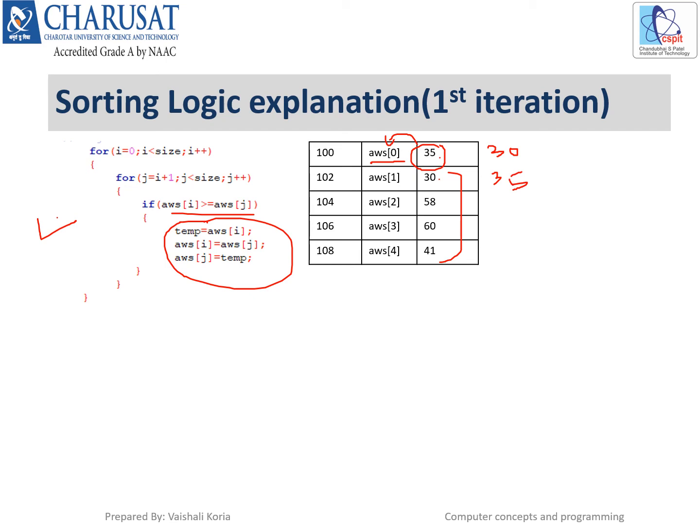The same thing will be repeated. The first element and the third element will get compared, right? Here no swapping is required because the first element is already less than the third element. In the same way, the first element would again be compared with the fourth element. So what is the general logic? Take the first element, compare it with all the elements, and if the first element is greater than the second or third or fourth, then you have to perform the swapping.